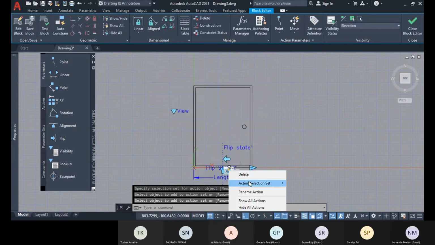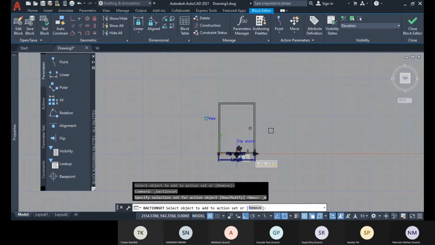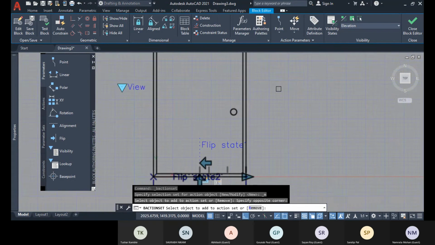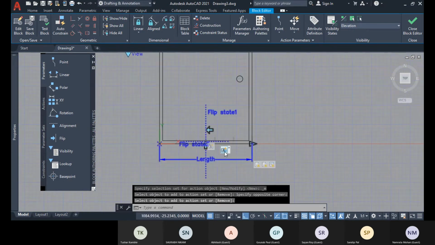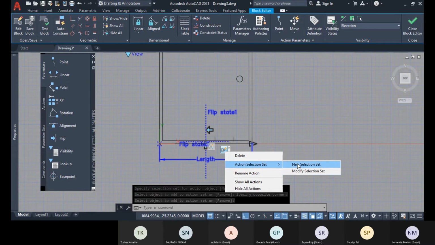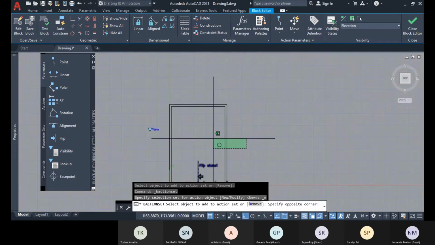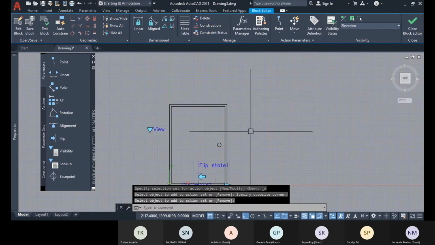Okay, so now for this modify selection set, here you select these objects only and press enter. And for this one, I'll right click, go to action selection set, modify selection set. I'll select these objects only and press enter.